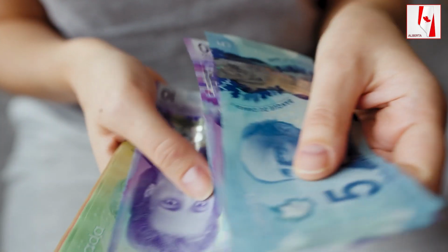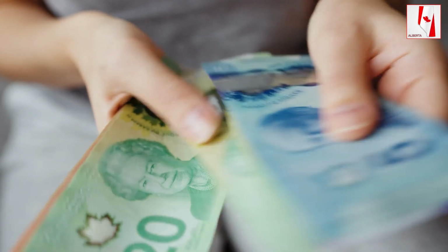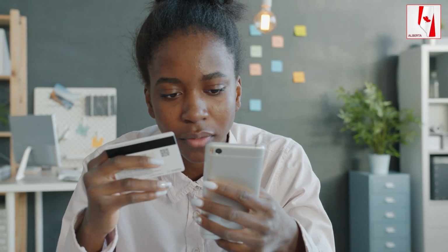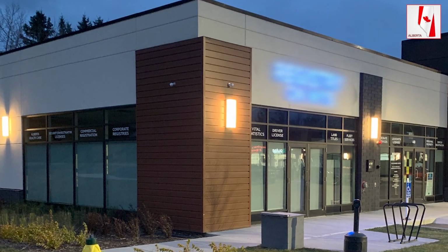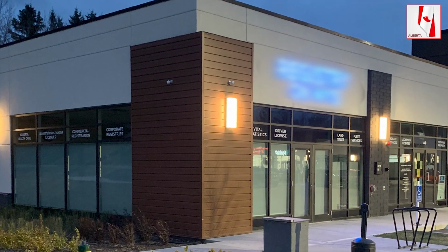The cost for an Alberta identification card varies by registry, but generally the fee is around $50 to $65. It's always a good idea to check with your local registry office for exact pricing. Once you apply, your Alberta ID card will be